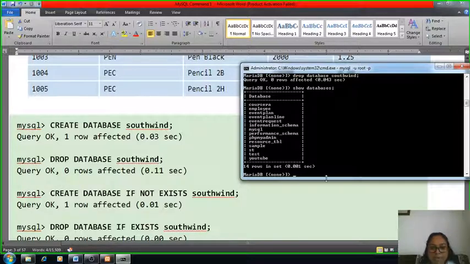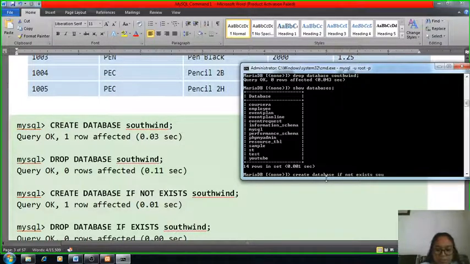Now we will execute create database by checking whether that database is existing or not. Suppose it is existing, it means it will not create it, and suppose this database is not existing, then it will create the database. So the command is the same, create database if not exists.